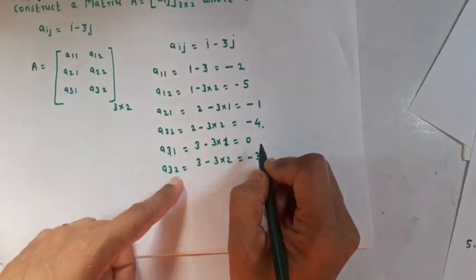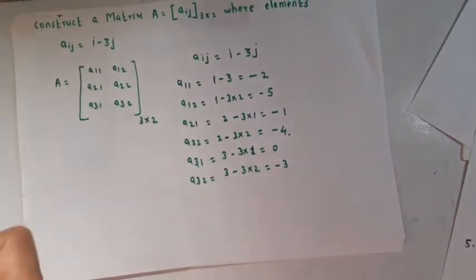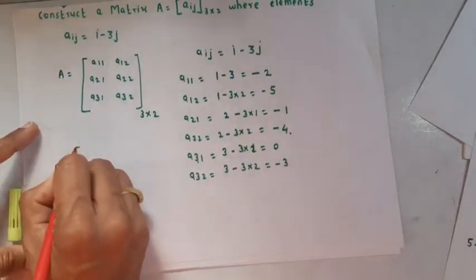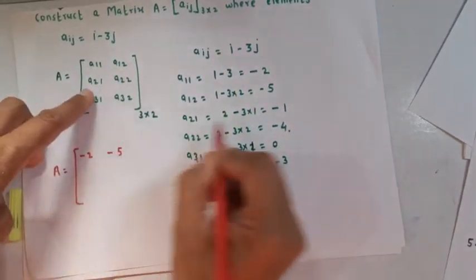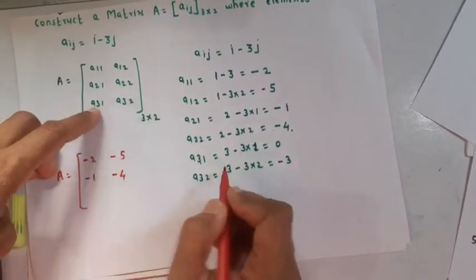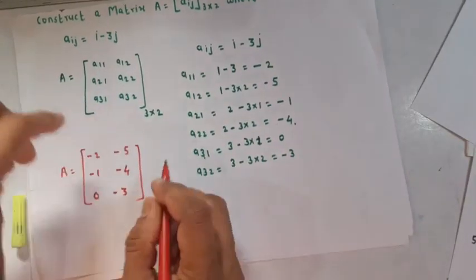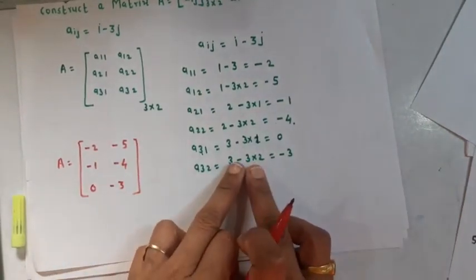Okay. So the required matrix A equal to: A11 is minus 2, A12 is minus 5, A21 is minus 1, A22 is minus 4, A31 is 0, A32 is minus 3, and this is the required matrix. In this way we have to form the matrix. Okay. Now the next question is that